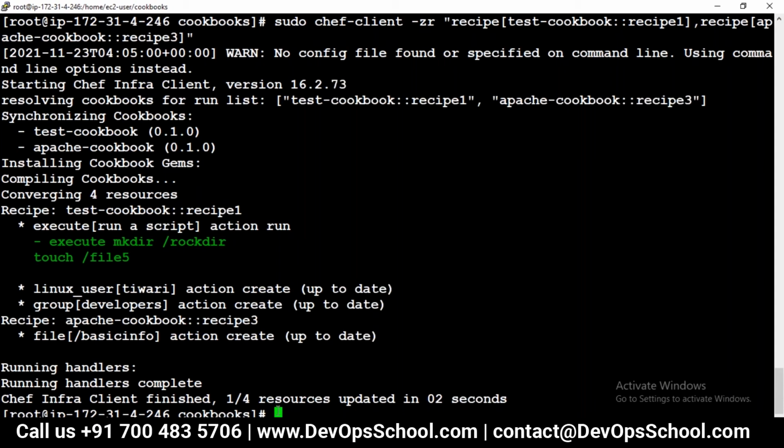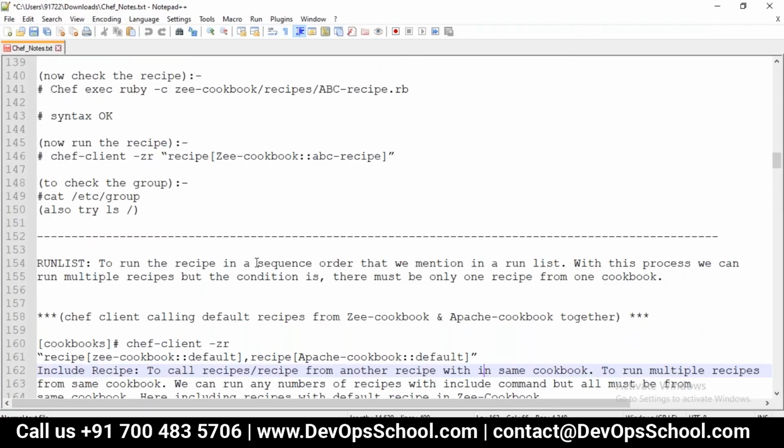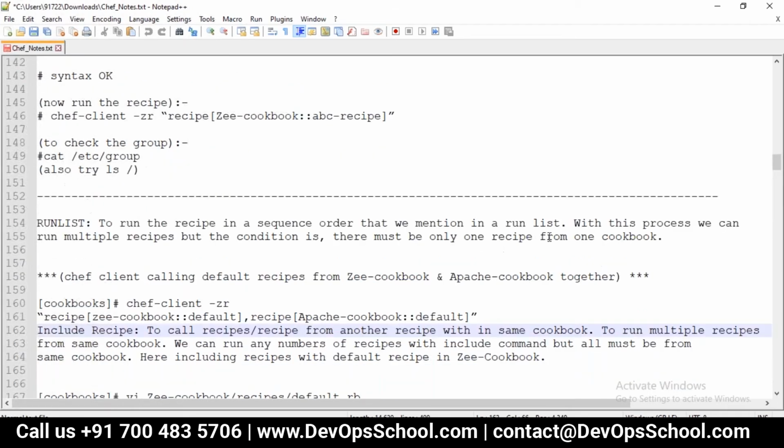Now, to call a recipe from another recipe within the same cookbook. The second point, we have covered: to run the recipes in the sequence order that we mentioned in the run list.